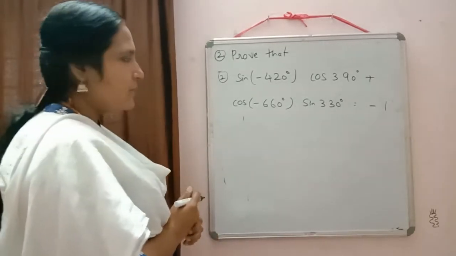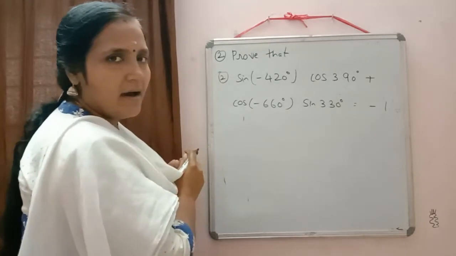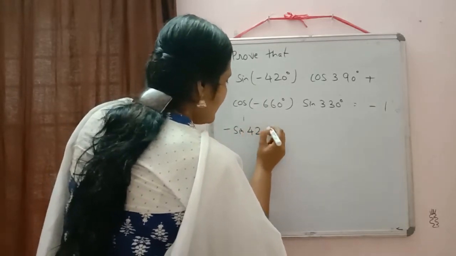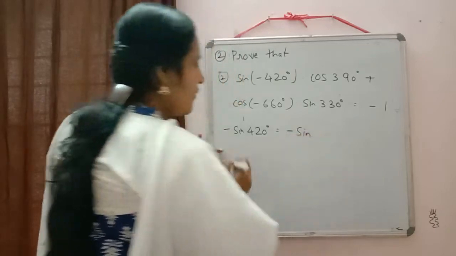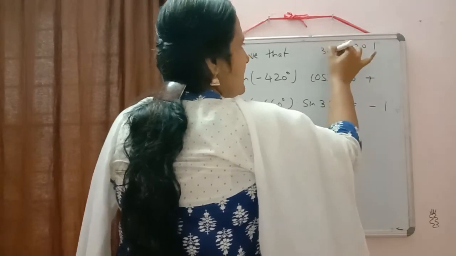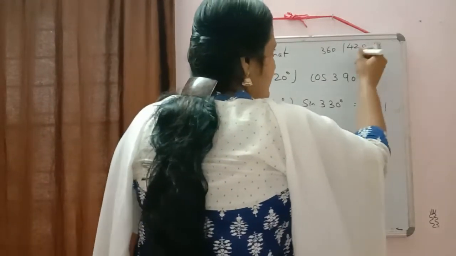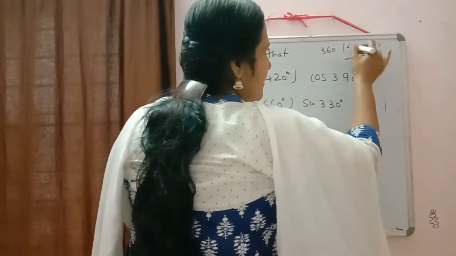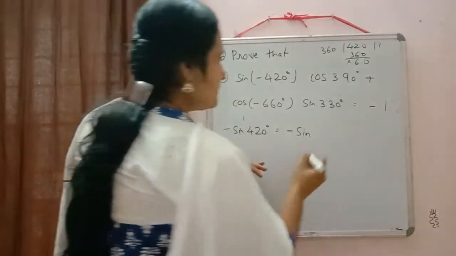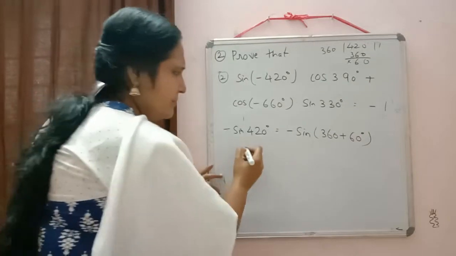So one by one we can calculate the value. First one, sin of minus theta. What is sin of minus theta? Minus sin theta. So directly I am writing there minus sin 420 degree. What we will do? We will divide 420 by 360. 360 why we are doing? Because that time we will be in the starting position. So dividing by 360, obviously it will go one time only. 12 minus 6, 6. So it will be cancelled there. So it will be equal to sin 360 plus 60 degree. 360 means where we have?